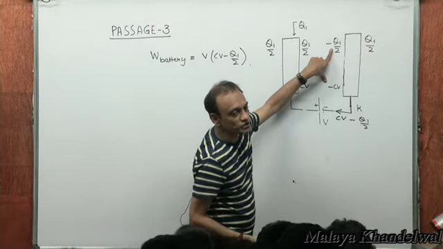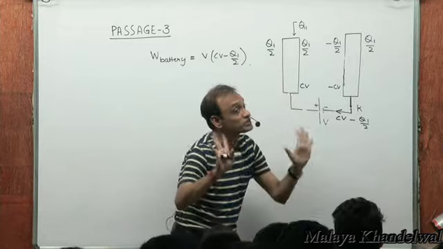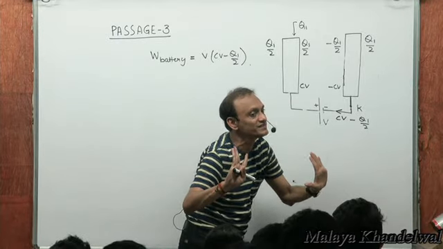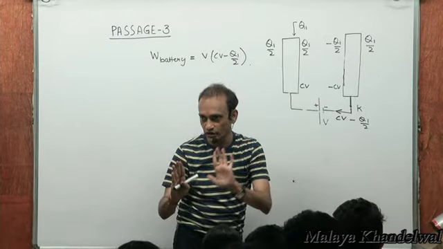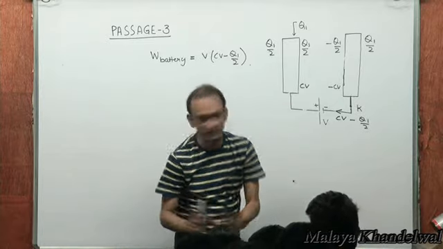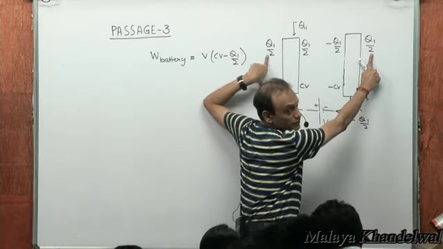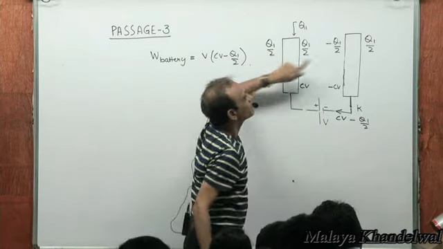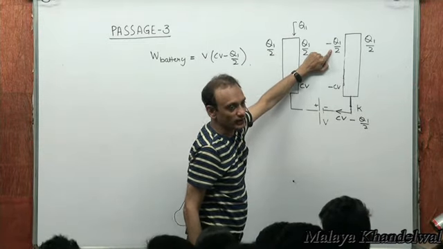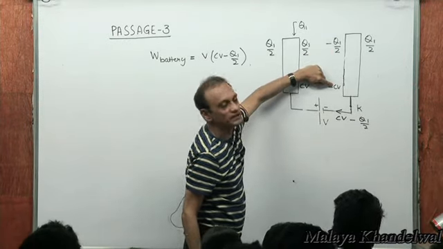If the initial charge on this plate, see, charges on the two outer surfaces will never get tampered with. Even if you connect a battery, it's only redistribution of charge on the two inner faces. So this then will not get reorganized, right? If the initial charge on this is minus Q by 2, and if the final charge is minus CV by 2,